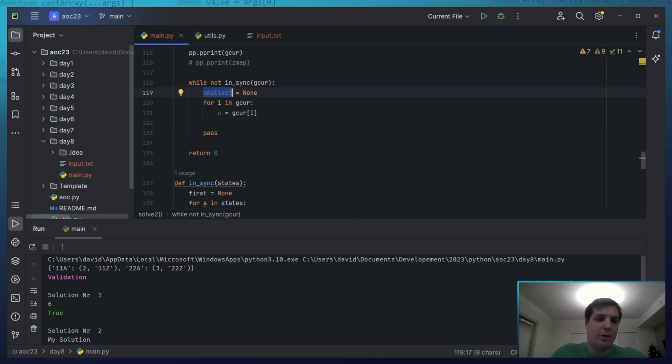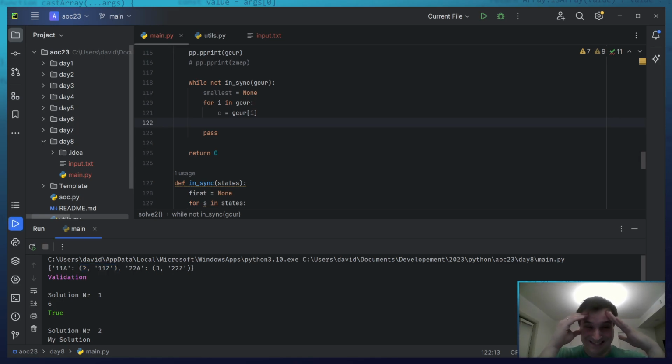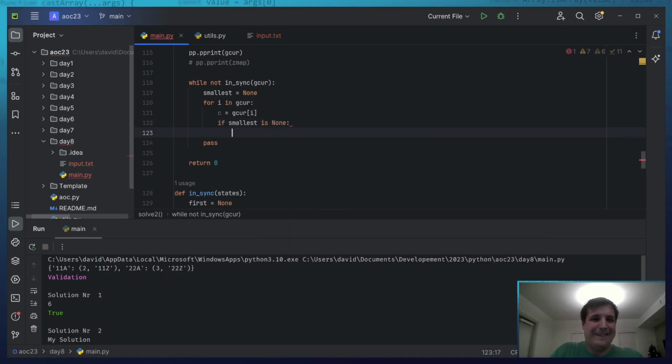I want to know how I am saving it. If smallest is none, then smallest equals I. I'm going to save it by this.